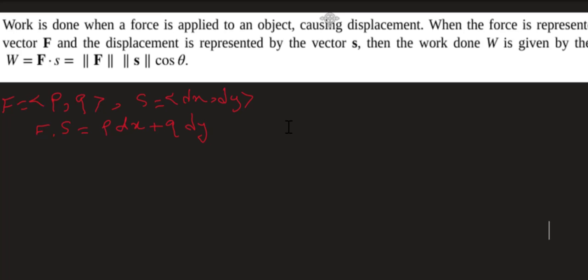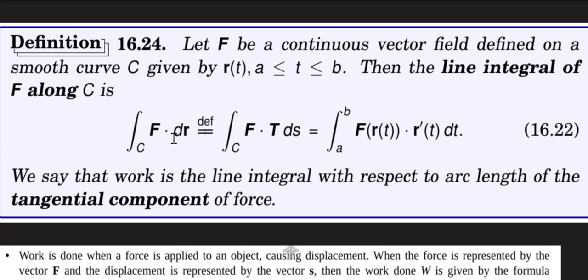So the definition of the line integral is this: consider F as a continuous vector field and C a smooth curve over the interval a to b. The line integral of F along C is defined by F dot dr, or F dot T ds. Exactly, T will be r prime of t, but for the scalar function we were using the norm of r prime of t, because